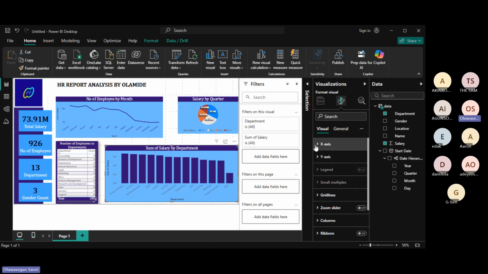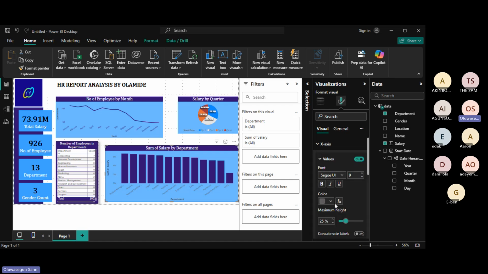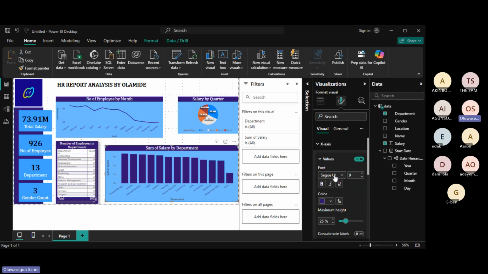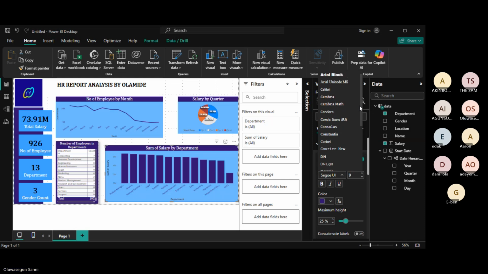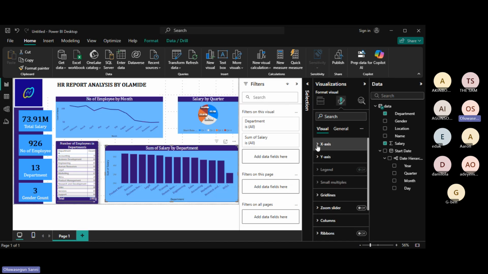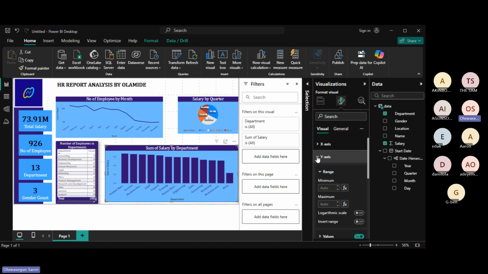Right, starting from the x-axis, the color to this blue, the text to Cambria Math, and the text size. I think I've been using 12 for that area, right? And you can see this has been adjusted, right? That is that. And for the y-axis, I'm going to do the same thing,